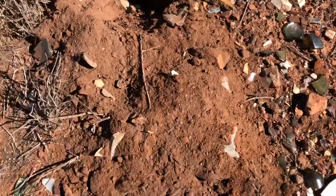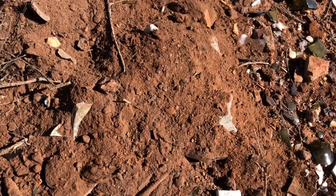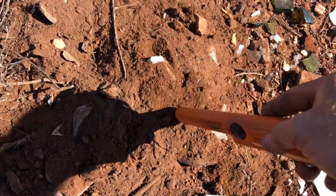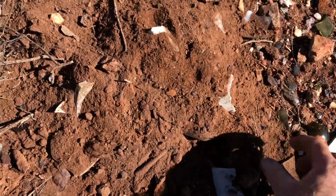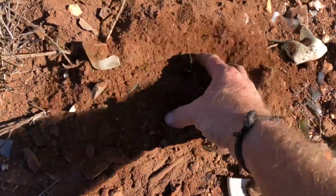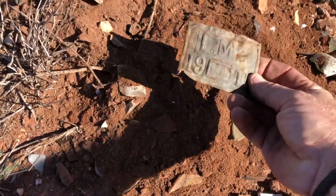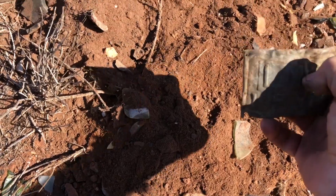It just sounds a little bit wide, so we're going to give it a go anyway. See what it is. It's a big target. Oh, okay. It is a big target. That's nice. Okay, so that's a cart plate,